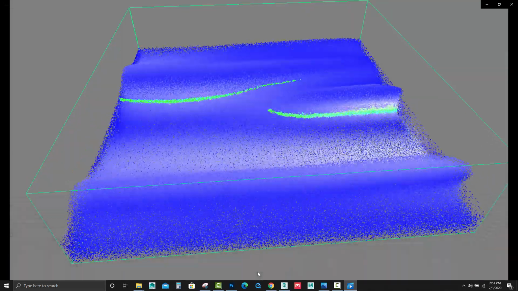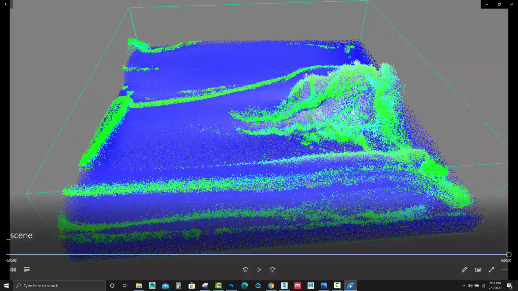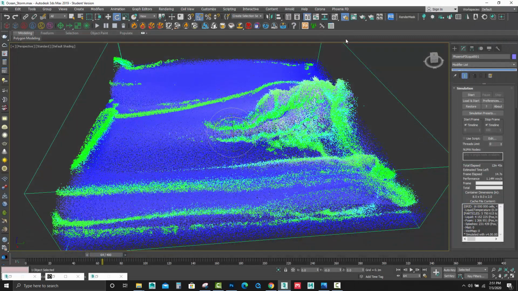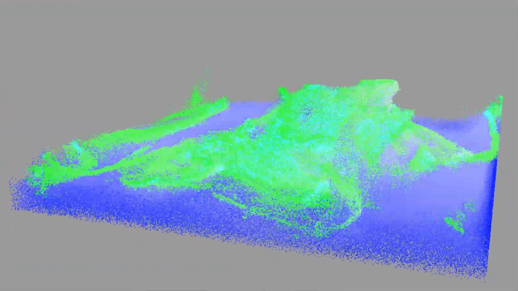All right, so you can see that we need to actually simulate it a little bit more, because only after 60 frames the whole thing starts to really work and throw in splashes. So I still see a little bit of structured waves. I want to get a little bit more chaos in my waves, more of a stormy look, so I'm going to lower my crest a little bit, so you can see I will get a little bit more of a chaotic look to my waves. All right, so I'm gonna simulate it and render it again,